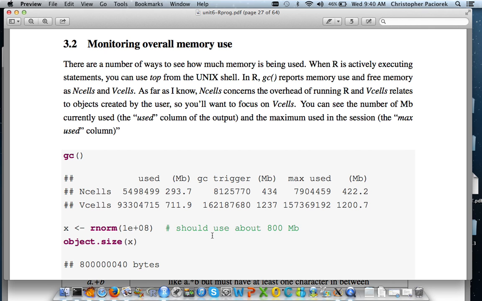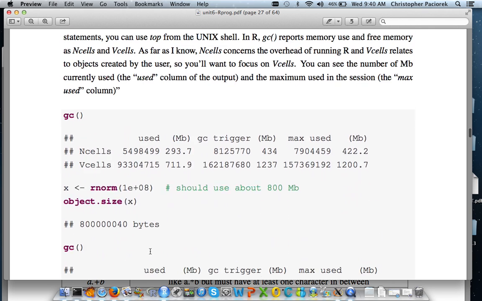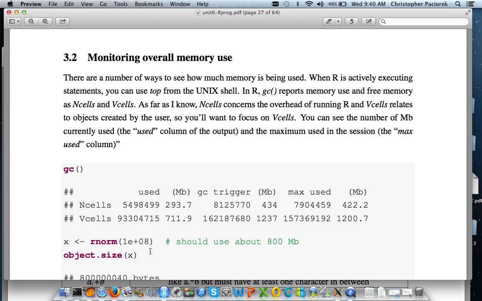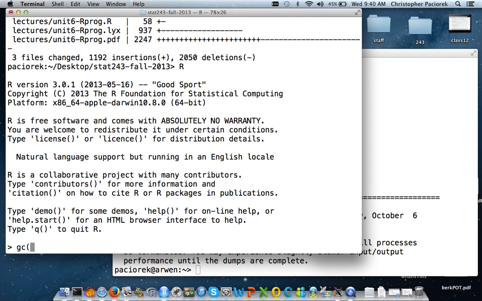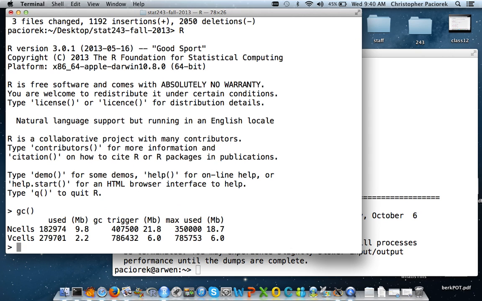So for some of the examples here, I'm going to do this in a command line version of R, because I want to be able to stop R and start R again to clean things out of memory, for reasons that will become obvious. So I'm just going to switch over to a command line version of R. If I do gc, it will say